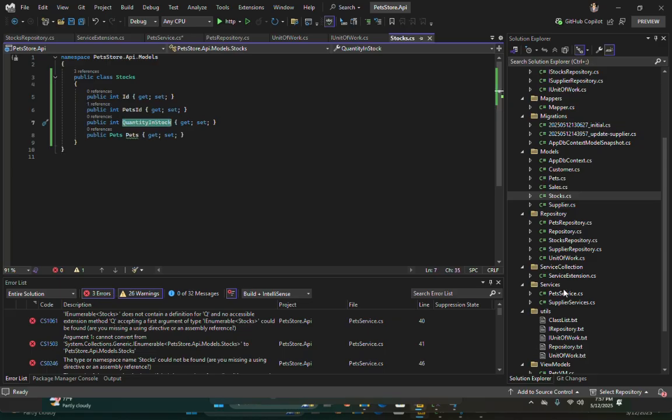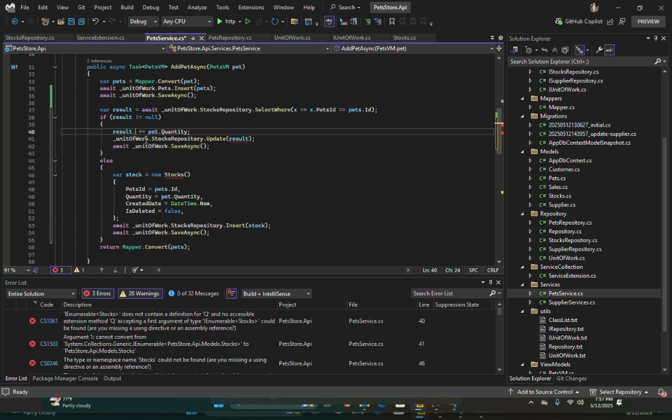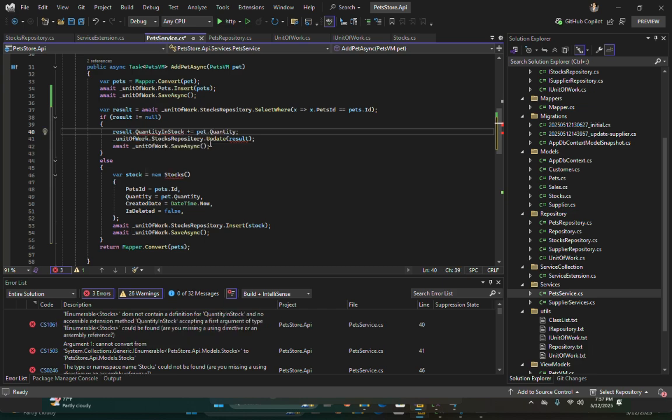So in my pet service I need to increase the quantity in stock: if the result is not equal to null, plus equals pets dot quantity. I think this is fine.